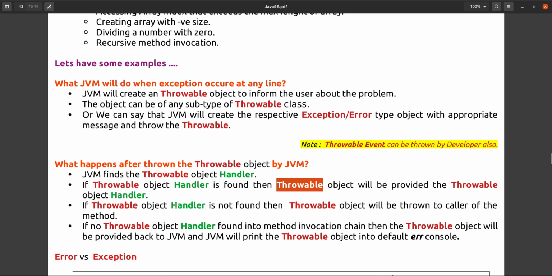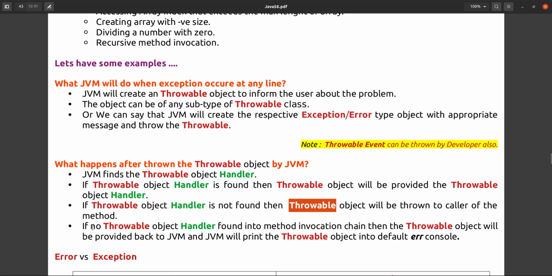If a handler is not found, then the throwable object will be thrown to the caller of the method. Who is the caller of the method? Whoever is calling that method, some method we are calling somewhere in some other class. So that throwable object will be thrown back to the caller of the method,